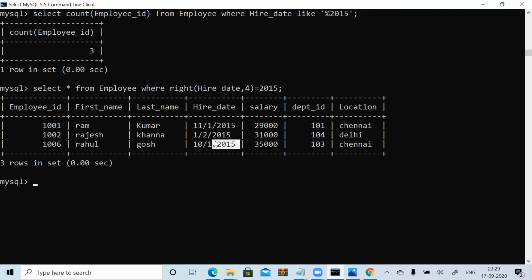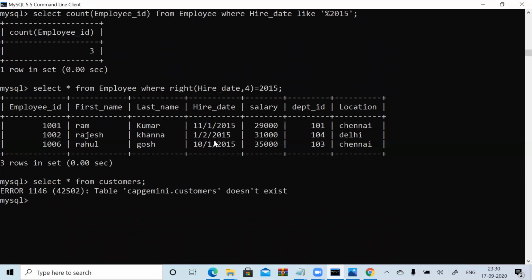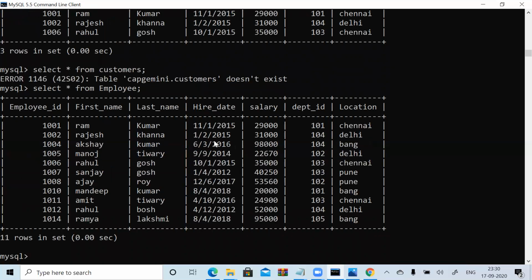Suppose I want to print whoever joined, let's check it. Select * from employees. Now, using LEFT, suppose whoever joined in the month 10 or in the month 1, you can do it with the left first 2 characters. If you are going to use DDMM format, then we can easily find it. But this is your string, right?